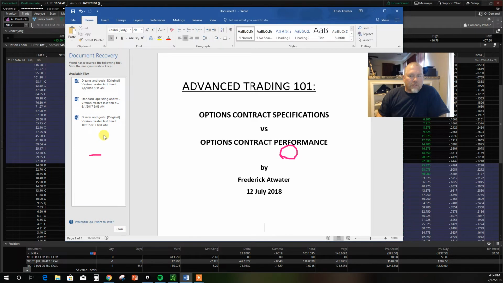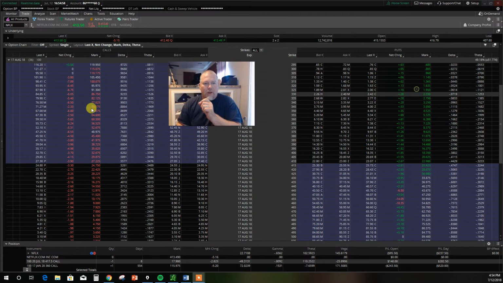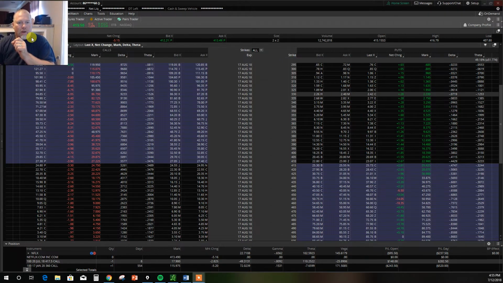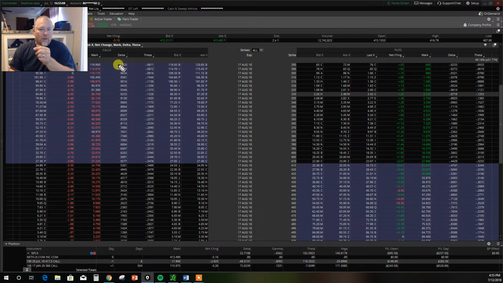Options contract specifications versus options contract performance. And what do I mean? I hope the advanced options traders that are watching this can know that I'm about to point out the most important column on this chart. There's two most important columns. One is slightly more important than the other, and that's this column right here. Okay, so the options contract at 400